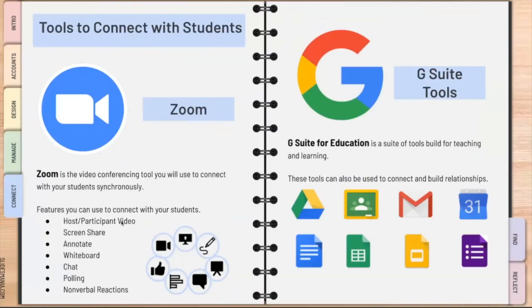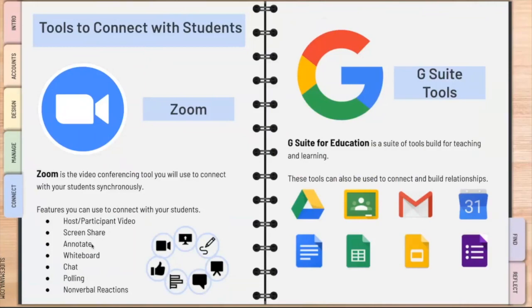You can use a lot of visuals for your students to see. You may even have an engaging activity where you can have students do a scavenger hunt around their room. Screen share. Sharing your screen with your students has infinite possibilities. You can use it to share a presentation, a video, and anything that you can have on your screen, you can show.